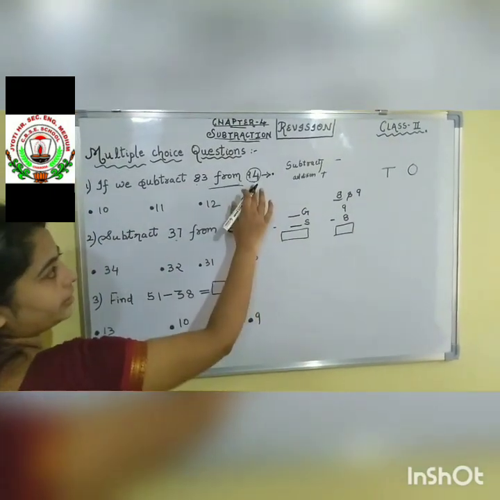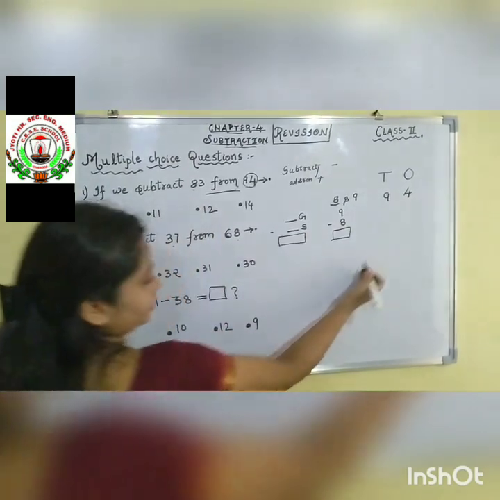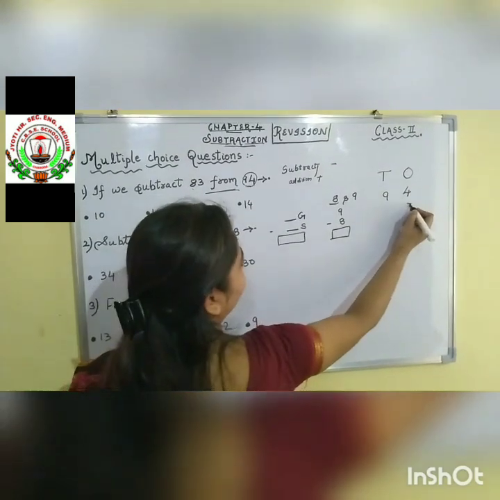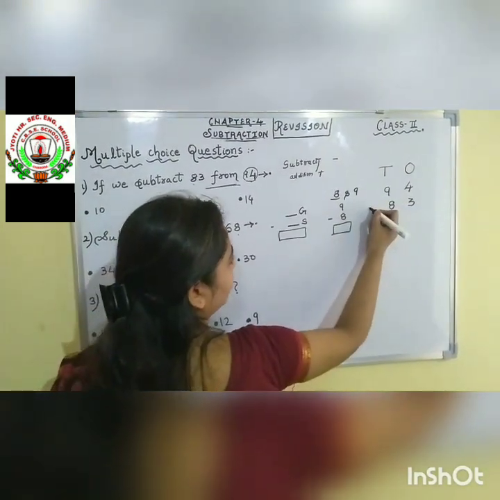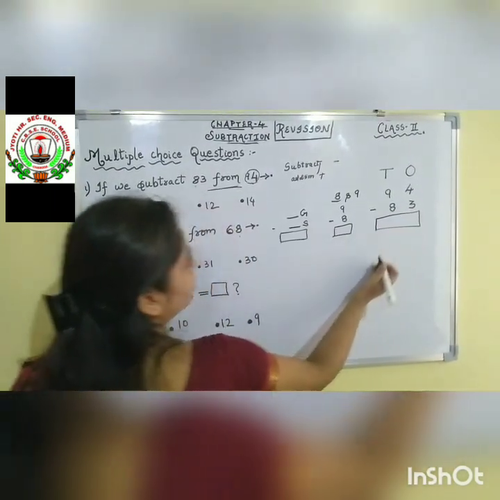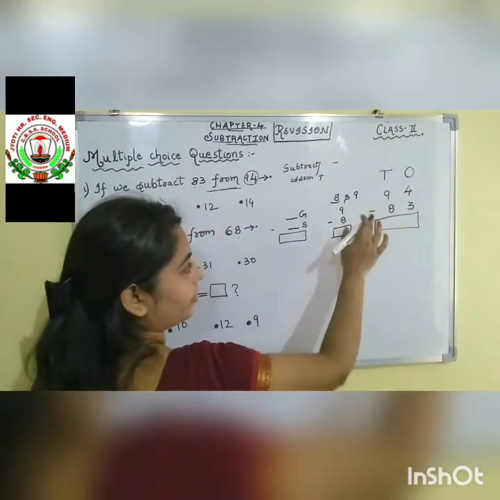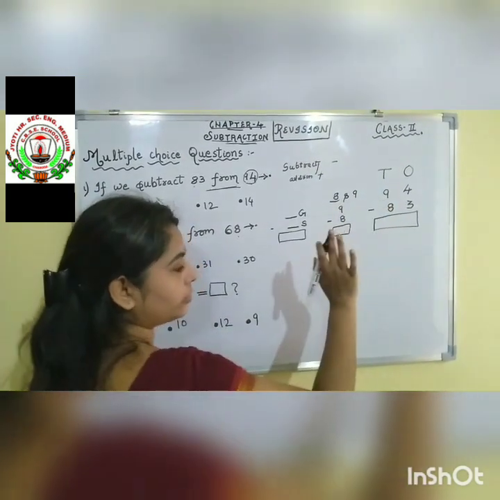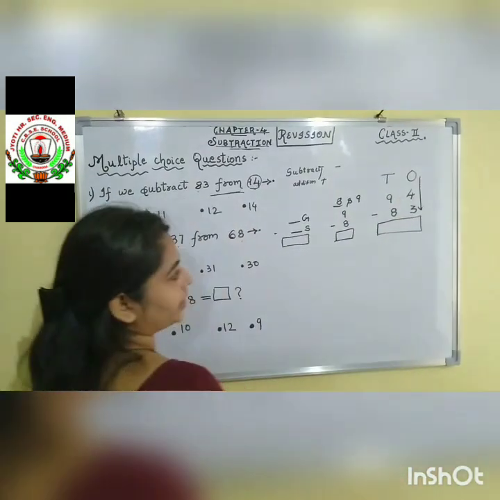Okay. 94. Write down 4, then 9. Clear? The left out number is 83. We will write down 3 and then 8. And what is the symbol of subtraction? Put that one. Okay. And we will do the subtraction now. So children, starting from the ones side, then the tens place, and if a hundreds place is given, then we will do that. Here there is no hundreds place, so leave it up to the tens place. Let us do the ones place, 4 minus 3.